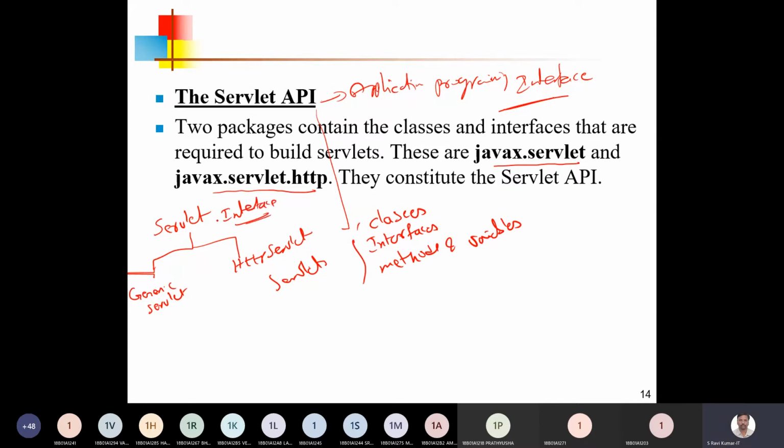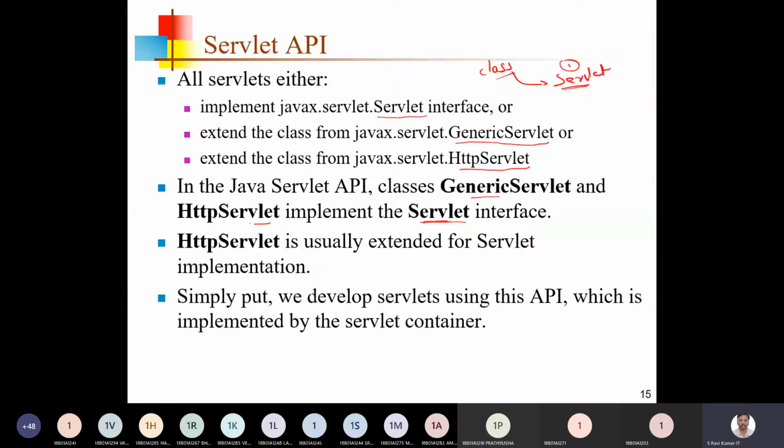This interface consists of different kinds of methods, and all those methods are defined in our classes GenericServlet and HttpServlet. So if your class extends from either GenericServlet or HttpServlet, then automatically your class implements all the methods of the servlet interface. That is the nature in our program.